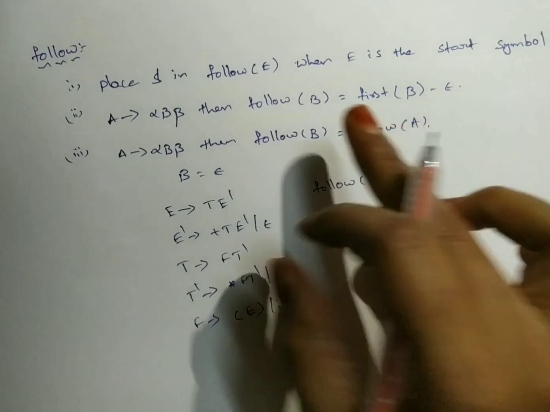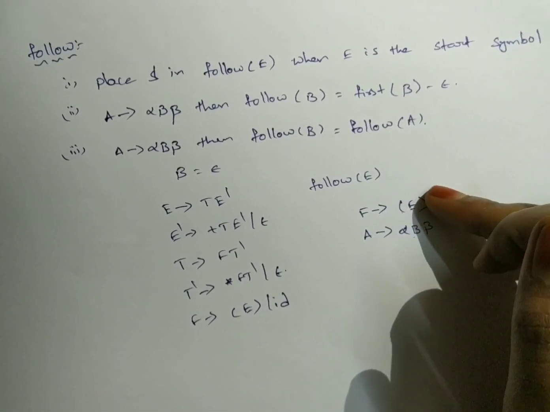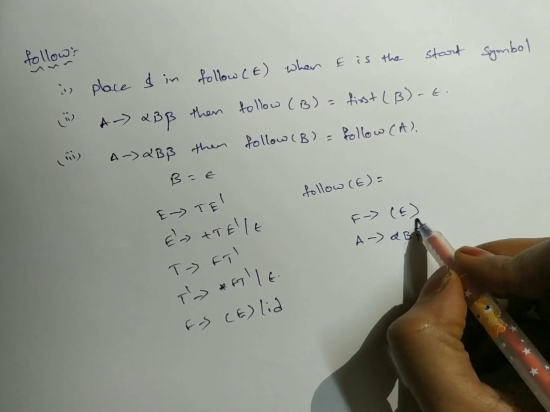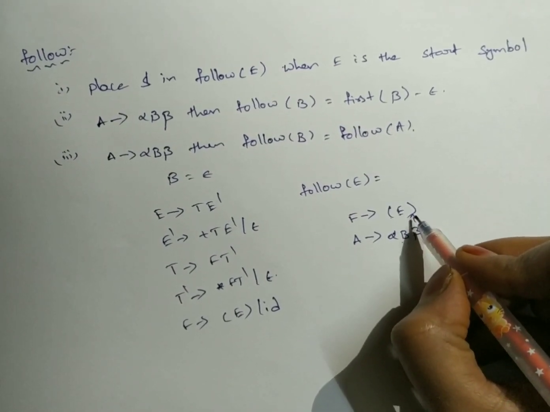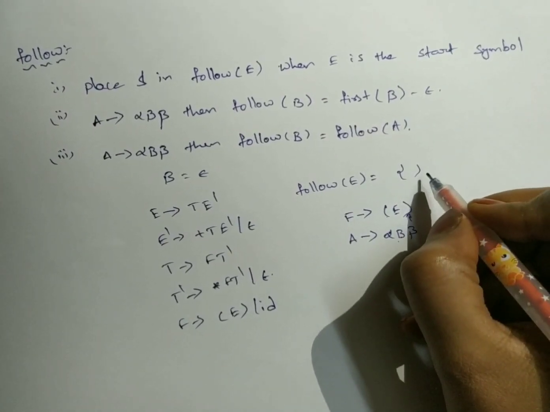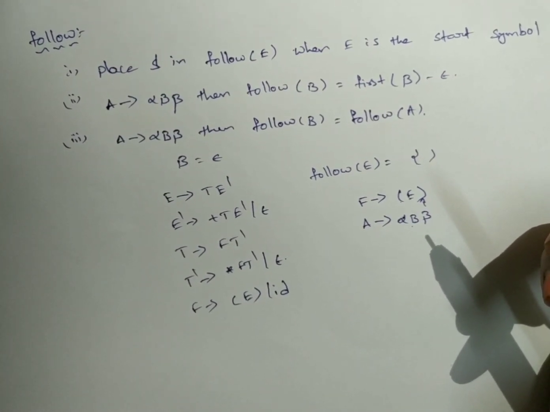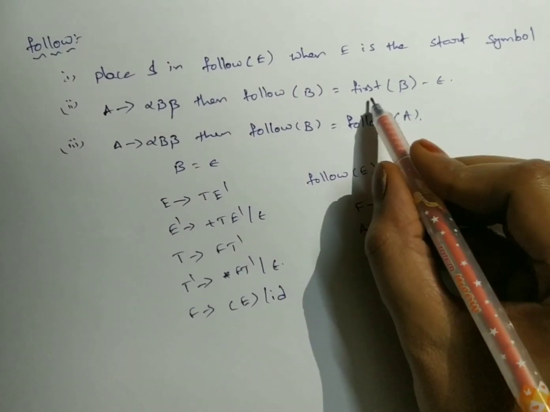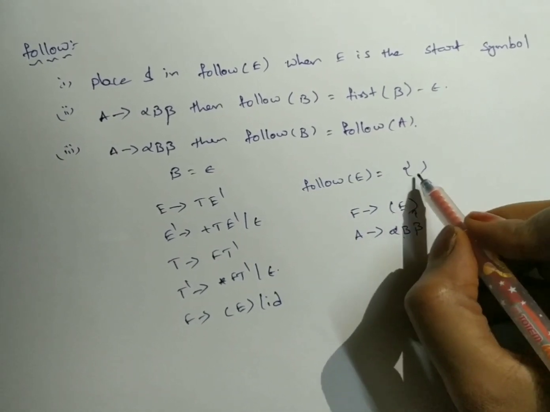Okay, this condition will satisfy. See, we are having a beta value as closed brace, so for B beta, in the beta position we are having a closed brace. Now we need to find the first of closed brace. First of closed brace is closed brace, as it is a special symbol. We have already discussed that any special symbol or terminal value will be considered as first. So first of beta is always closed brace.